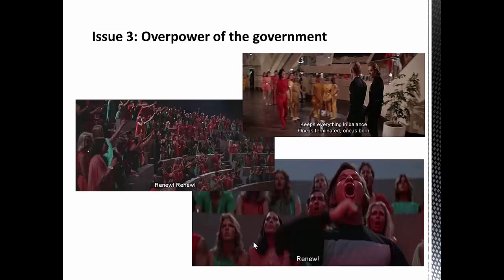We will now discuss the third issue, overpower of the government. As mentioned before, citizens of age 30 will be killed due to limited resources. The government masks killing as renewal. Indeed, this is an inhumane way to control the population. Most people were deceived by the government and blindly follow. In addition, the citizens thought that this renewal process is an entertainment. They happily enjoy this. The overpowered government made its citizens ignorant, and the citizens were happy with food and entertainment. They have no purpose in their lives.